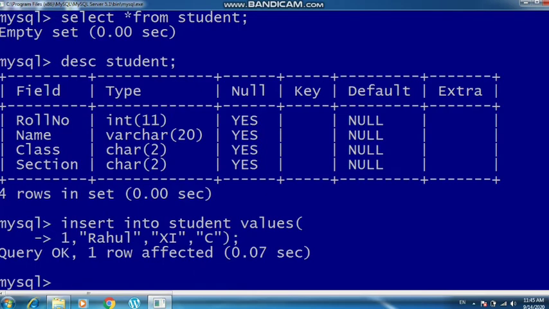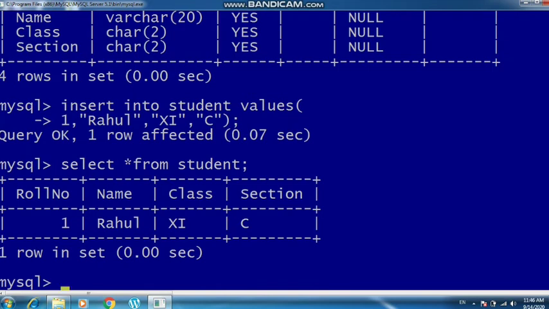It means one row has been added with your data. If you want to see, just execute select asterisk from student. You can see that in this table the record roll number 1, Rahul, 11C is entered. Now in the same way you have to repeat the same command and change the data here. So I am using the insert command again for inserting one more row.